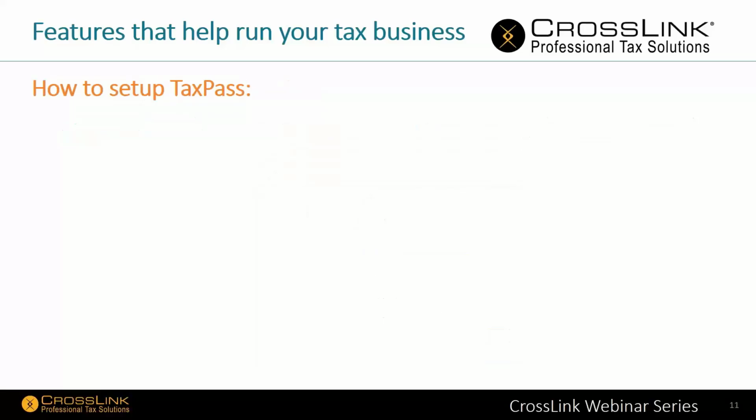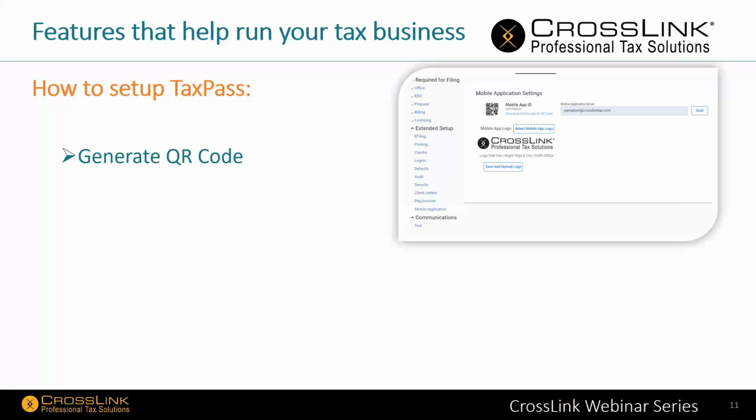And then we also have TaxPass. So TaxPass is our mobile app that you can market so your taxpayers can start their tax return for you, and then submit it to your office. So there is a tiny bit of setup for you guys to do, and it's really just generating your QR code. So again, you're going to go into office setup. It's always at the office level. And what that looks like is